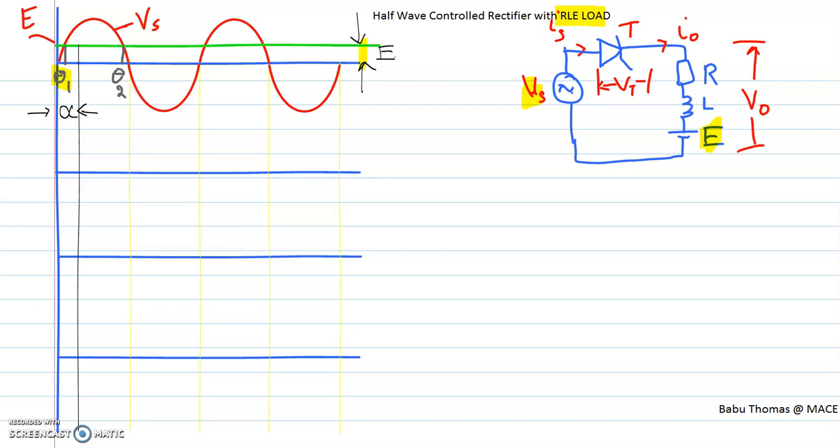Therefore, our firing angle should be greater than θ1 to get the thyristor forward biased and